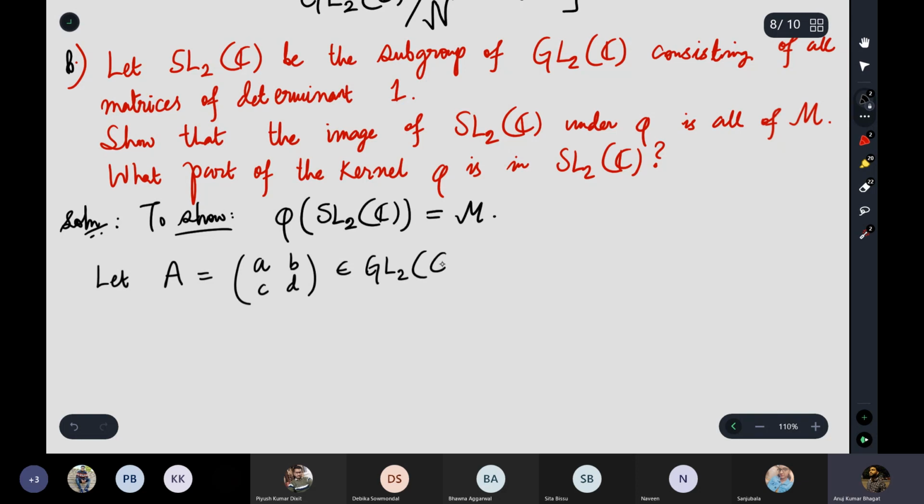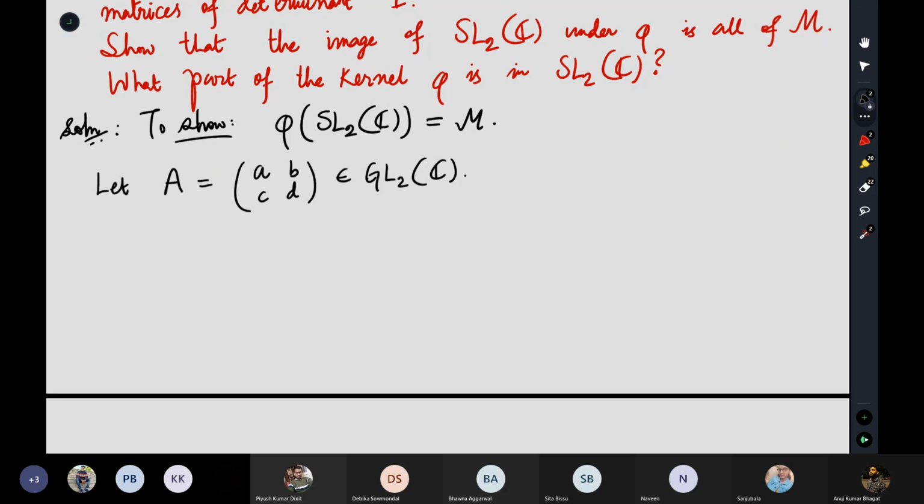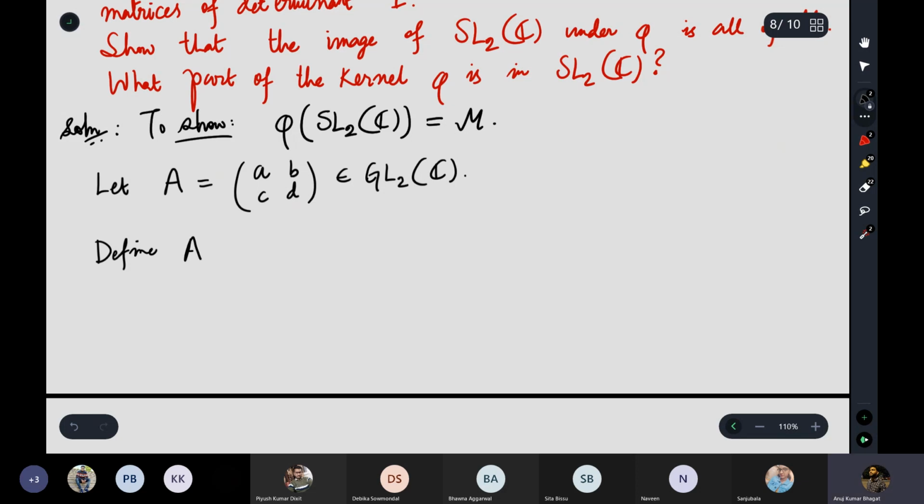I am taking GL2C. Then if you define another matrix with the help of A, let me use this symbol A cap as 1 by determinant